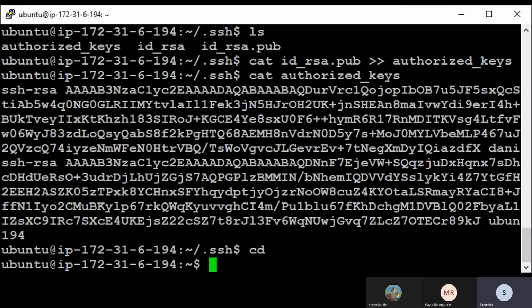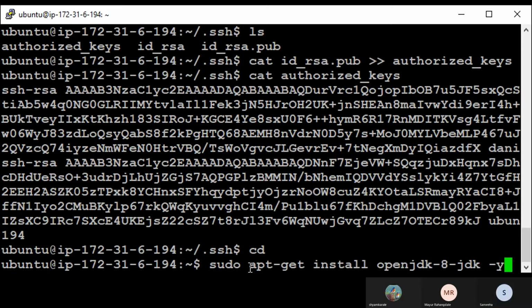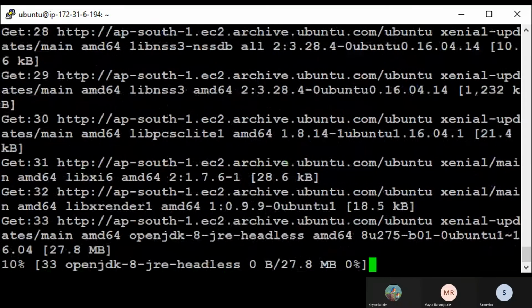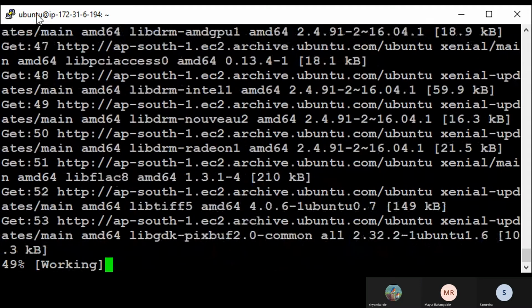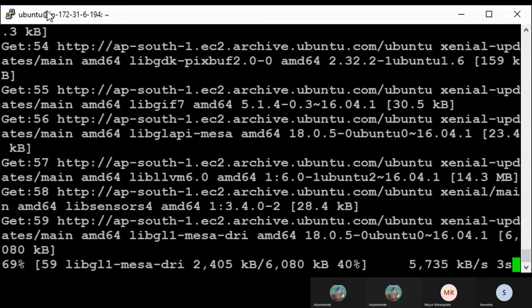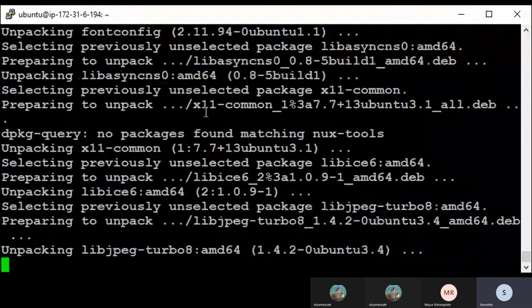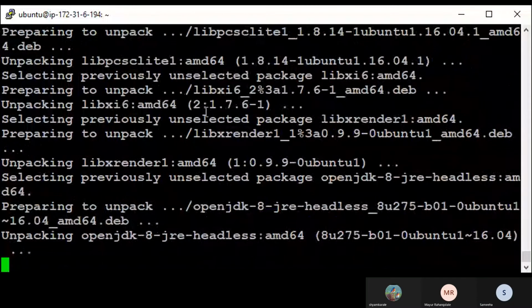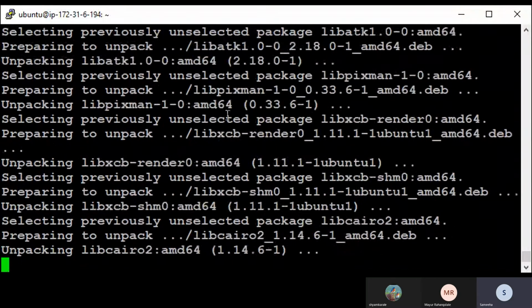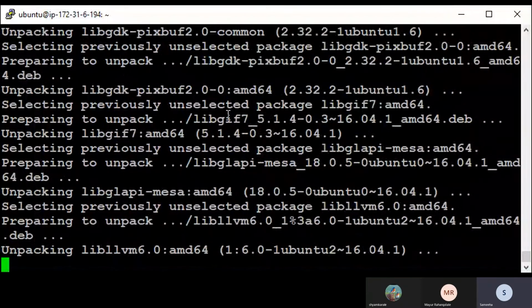Now we'll go for the download and installation of Java. We are installing Java JDK 8.